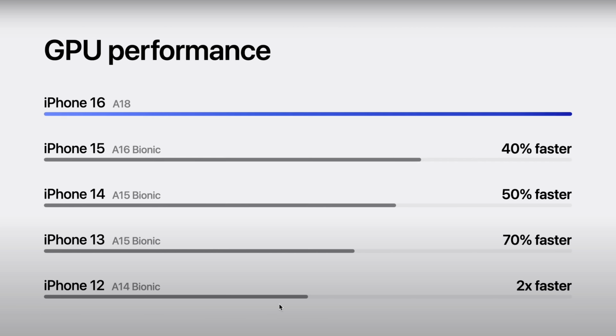They then go through all these statistics about the new chip. It's a little faster than last year. Yeah, we know. Next, they got into Apple Intelligence, and with this new software update and with the new phone,